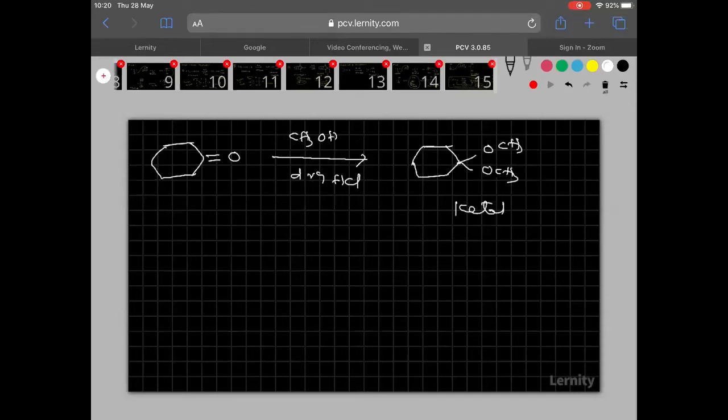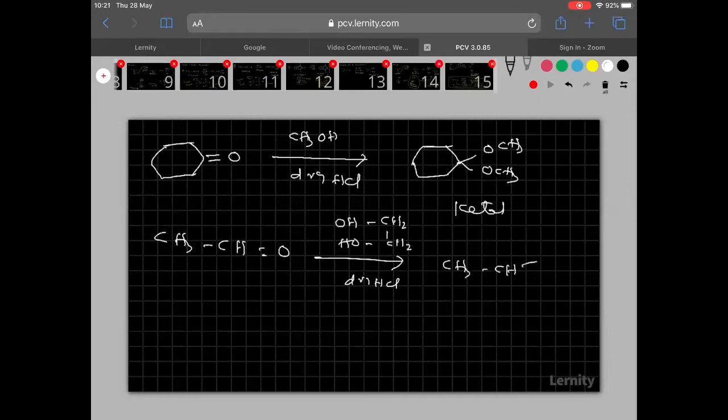Completed. Now here I want to change the example. This is the most important one. Clear? Now here I want to change the alcohol. What is the alcohol that I want to take? See clearly. What is the name of this alcohol? Glycol. Name of this alcohol is what? Glycol. In presence of the same dry HCl only again. Okay. So what is the product formed here? CH3CH, so here an O, then here CH2, here also CH2, like this. So this is the acetal formed here.